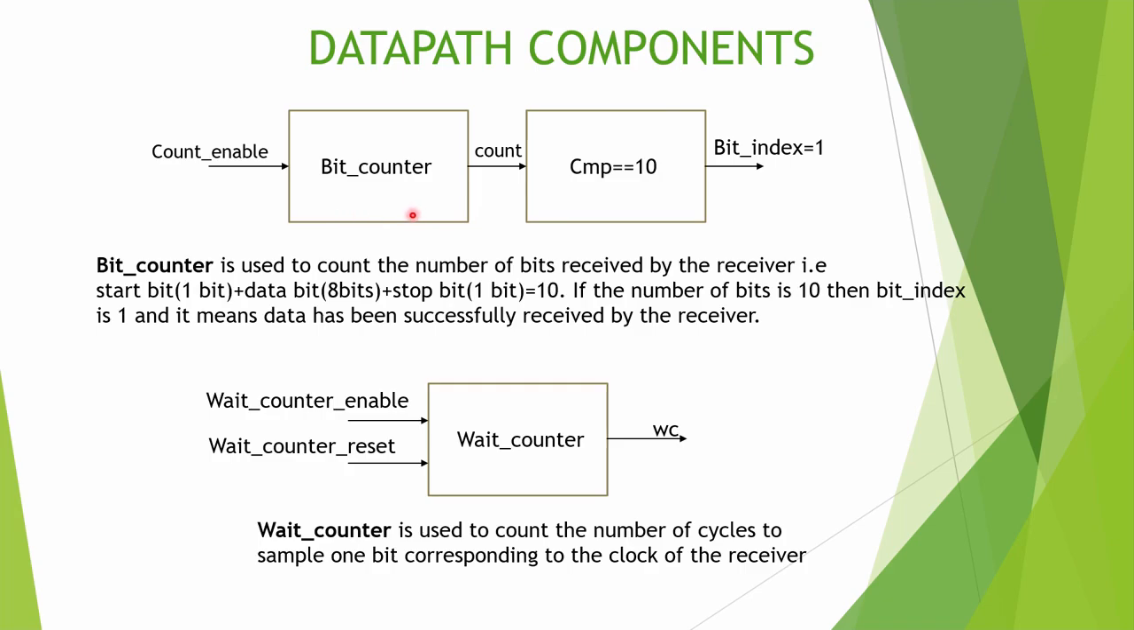Bit counter. The bit counter is used to count the number of bits received by the receiver, that is, the start bit, data bits and stop bit. If the number of bits is 10, then the bit index is 1, and it means that data has been successfully received by the receiver. Wait counter. The wait counter is used to count the number of cycles to sample 1 bit corresponding to the clock of the